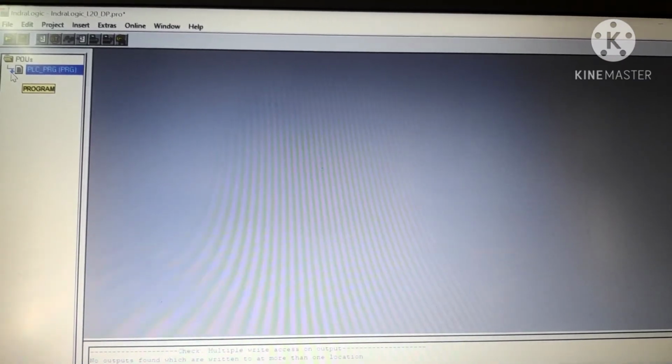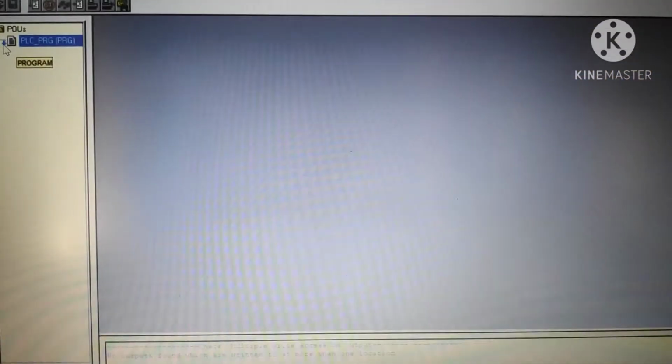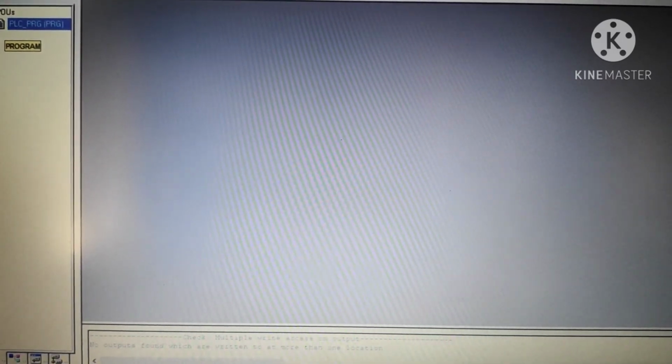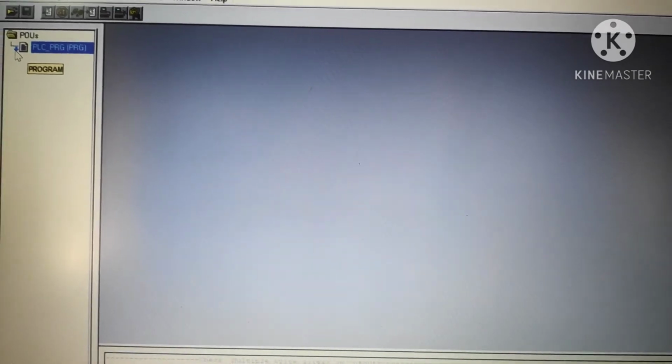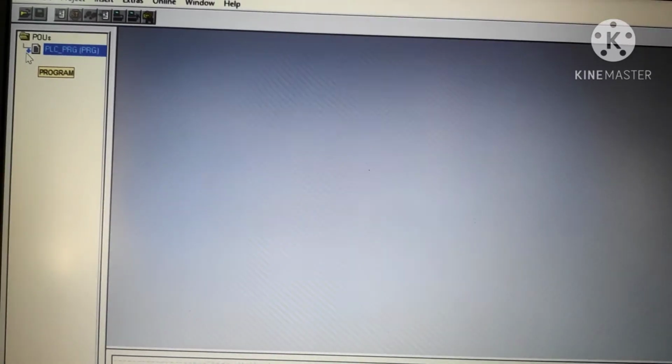Now logic is a separate window, called Indra Logic, where you will be doing the program. So Indra Works is a separate window and Indra Logic is a separate window. When I do project rebuild all, this window is connected with the previous window. That is the meaning of this blue arrow mark. Both are interlinked. Whatever programming you do will be saved in the other window also.